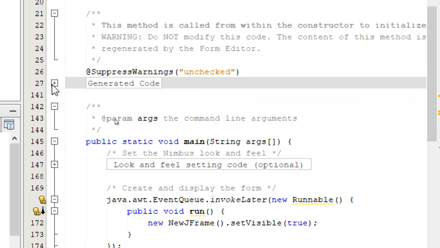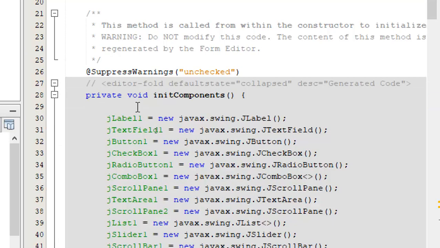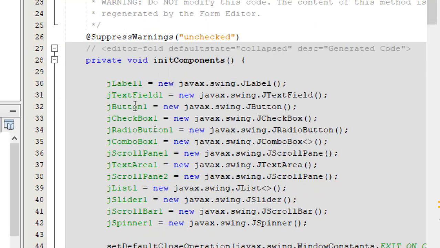I'm going to open this one, and you will notice that whenever I added the label, it instantiated that label. It instantiated the text field. Even though I have dragged it, behind the scenes NetBeans has done all these things.